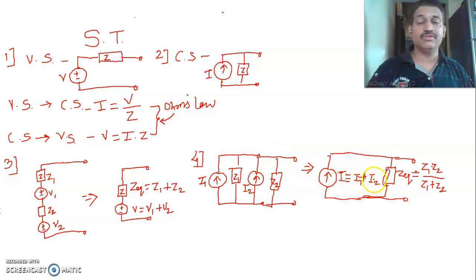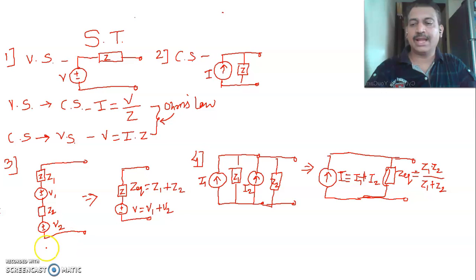Don't go with the handwriting. Then Z1 and Z2 are both parallel connected, so from the parallel impedance rule, we get Z equivalent is equal to Z1 Z2 upon Z1 plus Z2. So these are the 4 rules to understand,